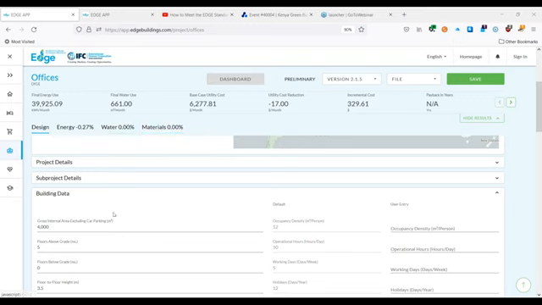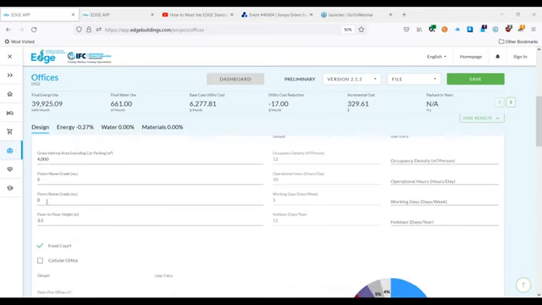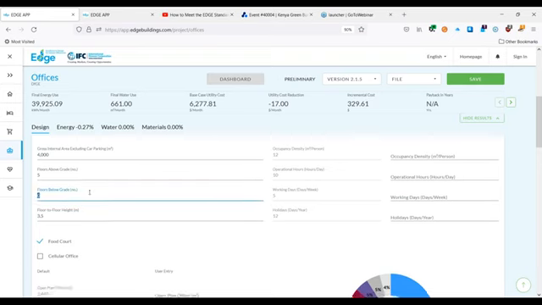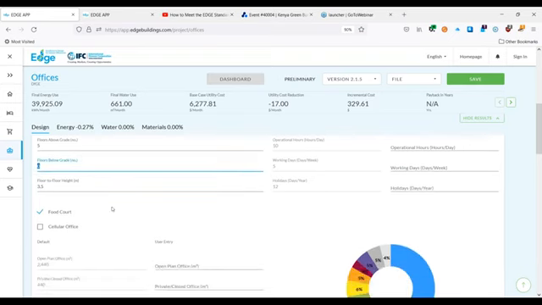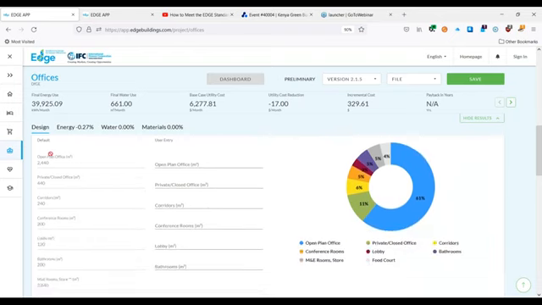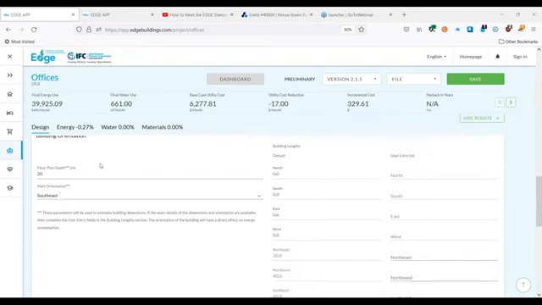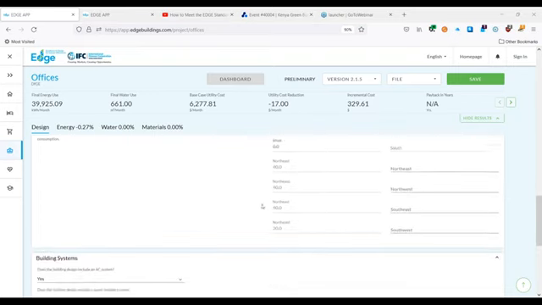In the design tab, this is where we lay the base case. We put all the building data in, the geometry, the number of floors, the floors below grade. If we had basements, we put two basements here, the floor to floor height, whether there's a food court. Edge will give you default values to start with, and when you actually submit a project, you must put the actual values here. We put the orientation details. We have the building lengths, etc. So you'll build your base case here.